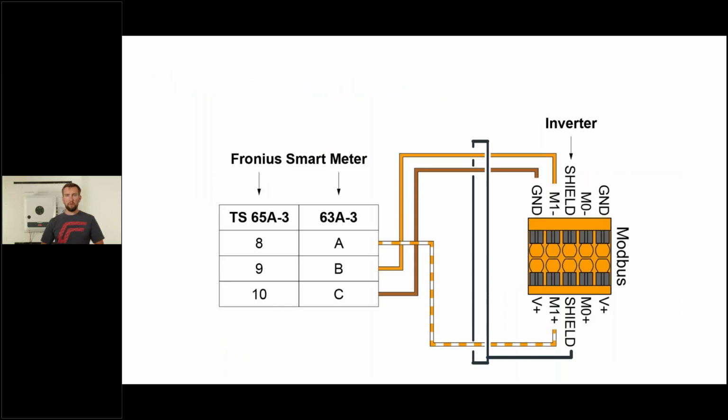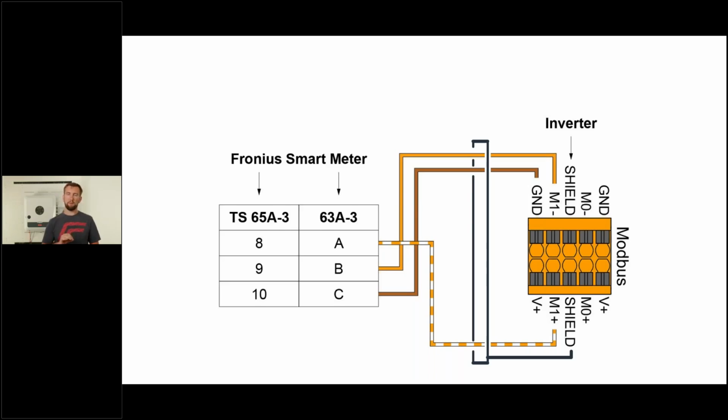So what would a wiring diagram look like? If we're connecting, for instance, our smart meter, then we saw beforehand we have pins 8, 9, and 10 that we are connecting. We're connecting those with screw down terminals. We've got our Modbus plus on 8, so that's the white corresponding wire for the orange. 9 is the minus line, that's the strong orange wire, and then on 10 we'd have our ground on the